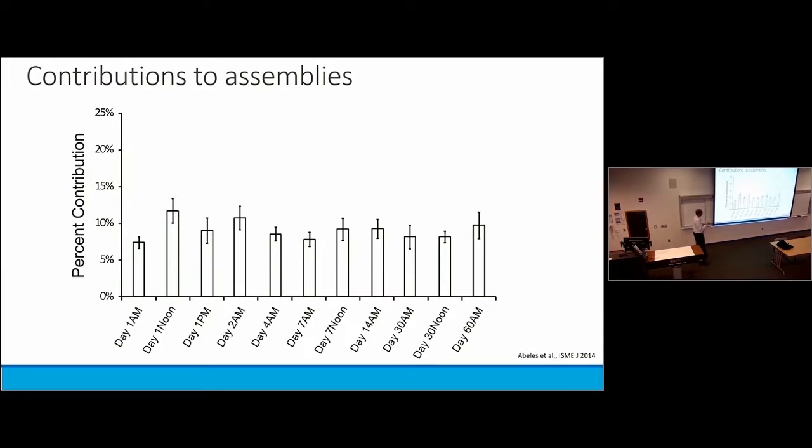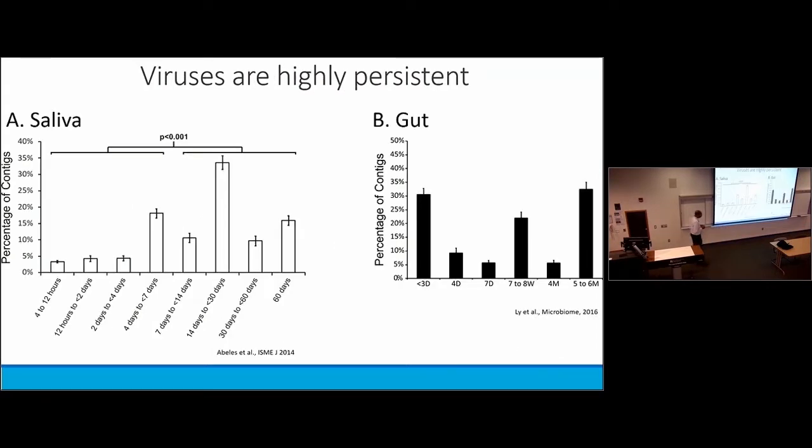And just to give you further details as to how stable this is, we took all the sequences from all of these time points and assembled contigs, and these contigs are contributed to fairly equally by every single time point, which is telling us that the same things are basically being made regardless of what time point you look at, that these viruses are remarkably stable members of your microbiome, whether you're looking at day 1 or way out at 60 days. We have quantified how persistent these viruses are.